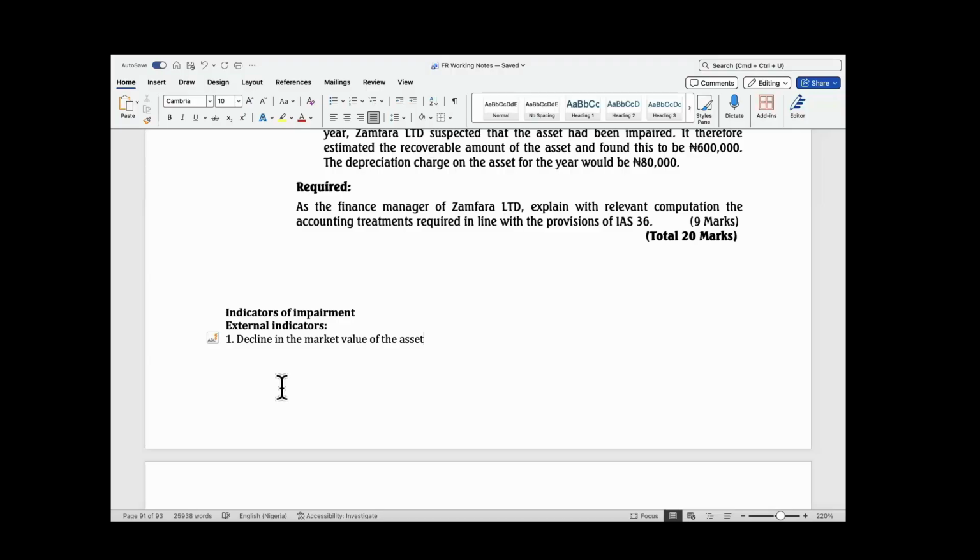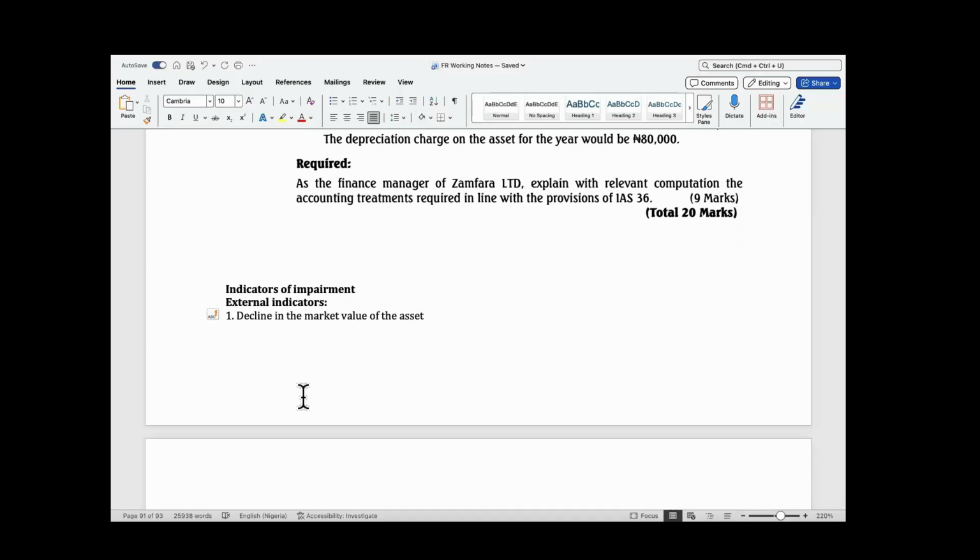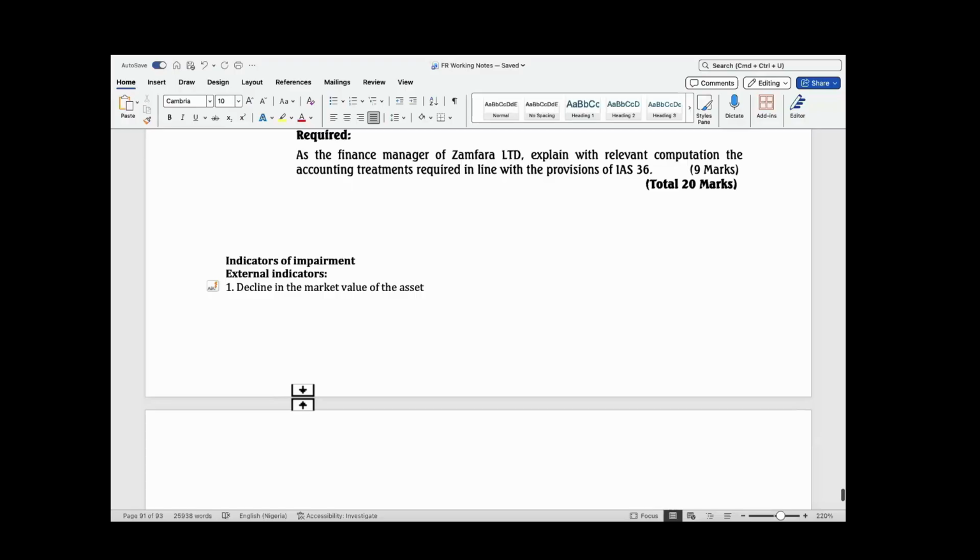You know that if the Naira is appreciating, for some people it might indicate that a dollar-denominated asset that you bought in dollars might have been impaired. Maybe not. But basically, it is as simple as this: where the selling price of the asset is going down,